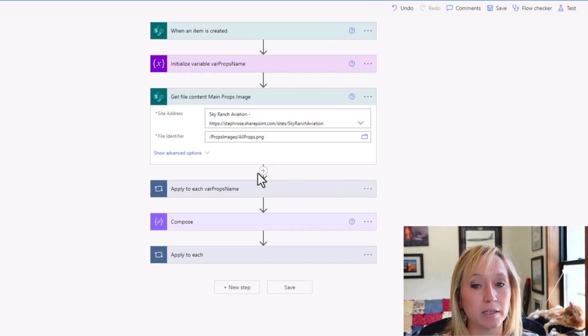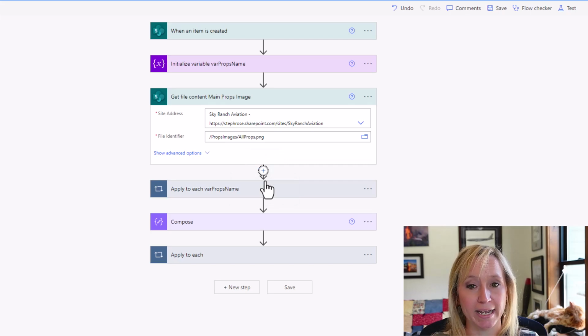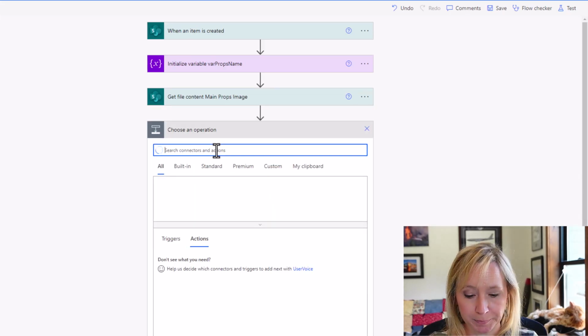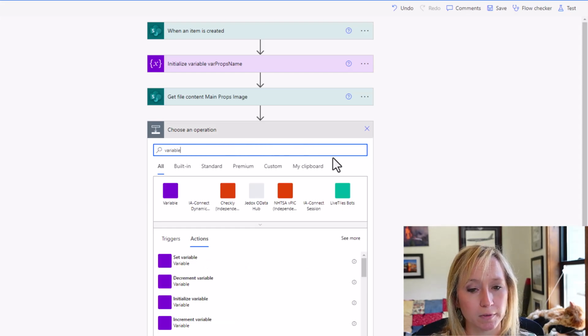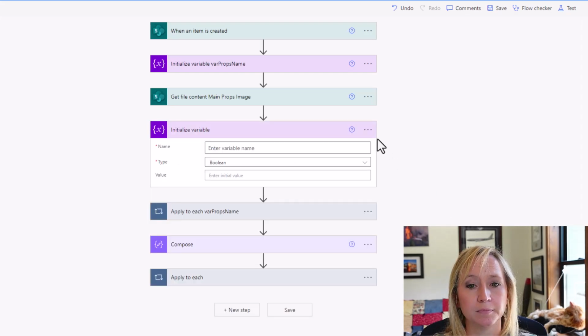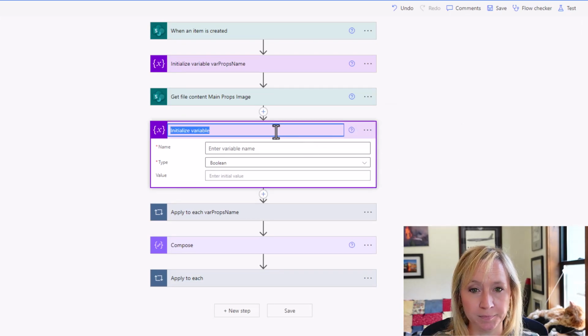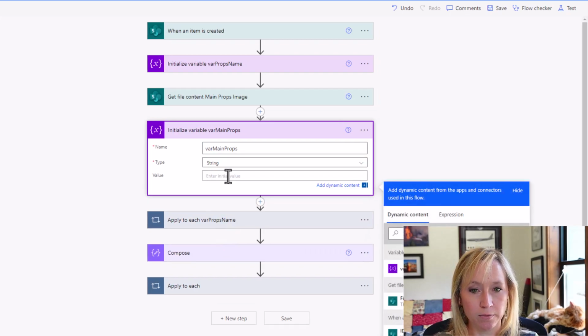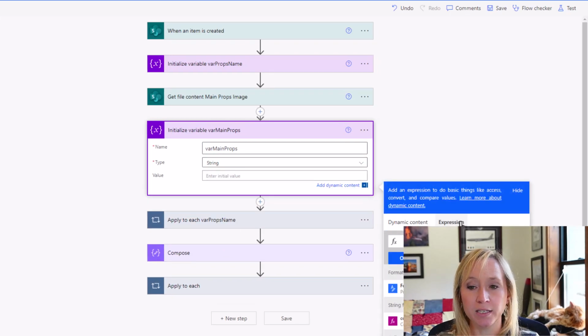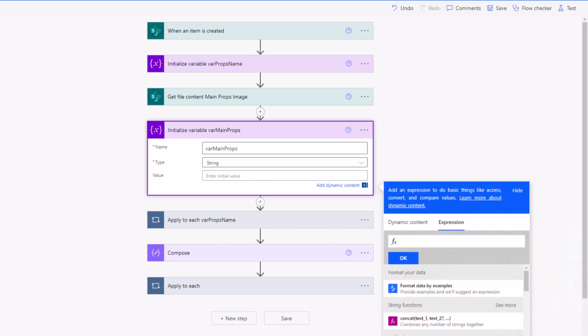So underneath the image content that we just got, we're going to add an action, and we're going to add another variable. We're going to initialize the variable. We're going to rename it var main props. I'm going to copy that, paste it in here. It's going to be a string. And now this is where it gets fun. In the expression, don't worry, all the code will be in the comments. The expression that we're going to add here